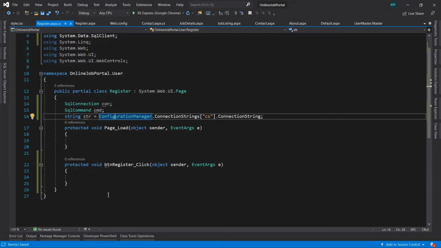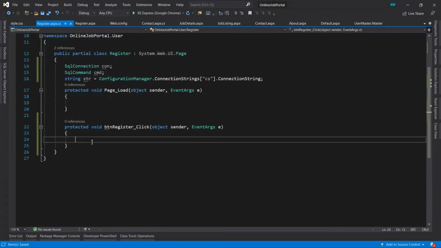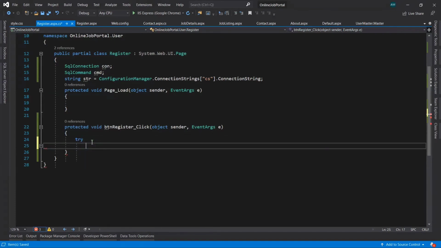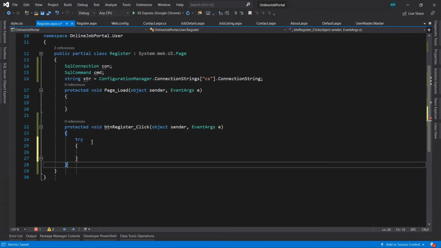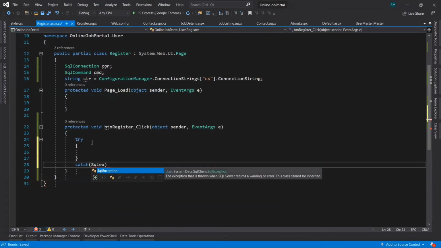Now inside this button click event, let's take a try and catch block, with SQL exception.